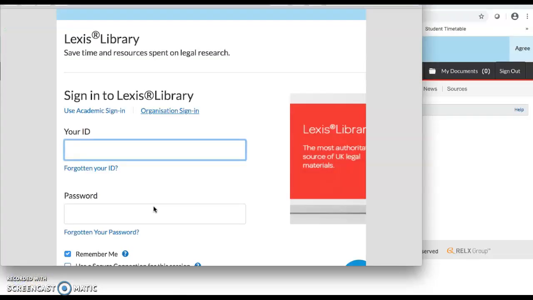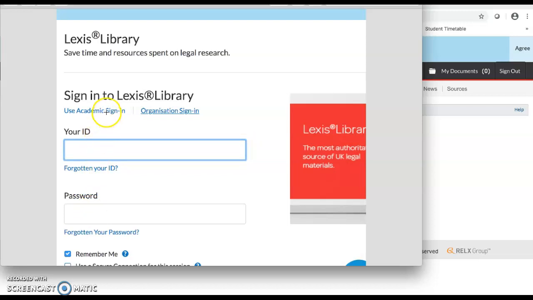If you haven't logged on to one of the library systems prior to clicking on that link, you'll be offered this login screen. You need to actually select Use Academic Sign-In. If you try entering your username and password here, Lexis will not let you in.